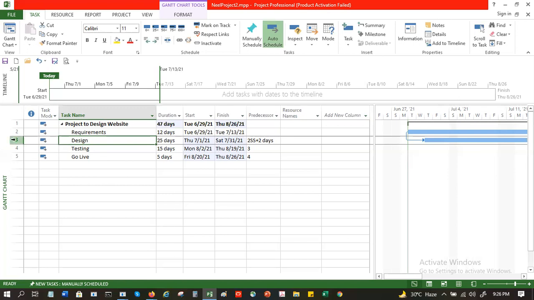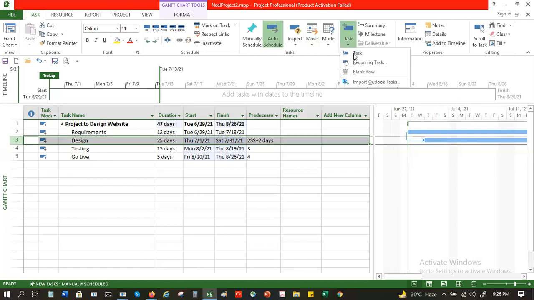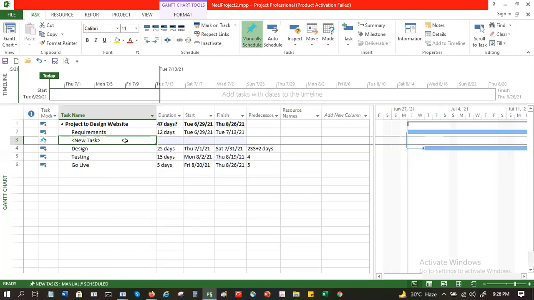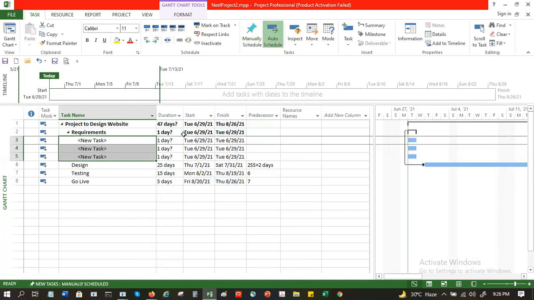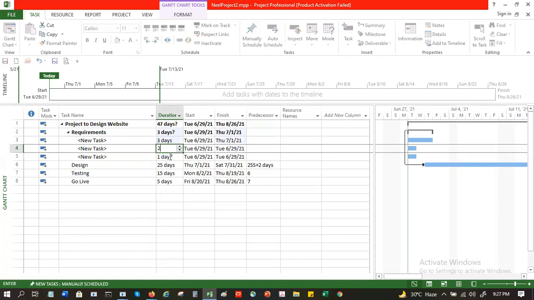So I can have multiple levels here. For example, I can have 3 or 4 tasks here, all of them children of requirements. And then I can auto schedule them. Because they are all children, they are starting at this level. Let's say this is 3 days, this is 2 days, this is 5 days.